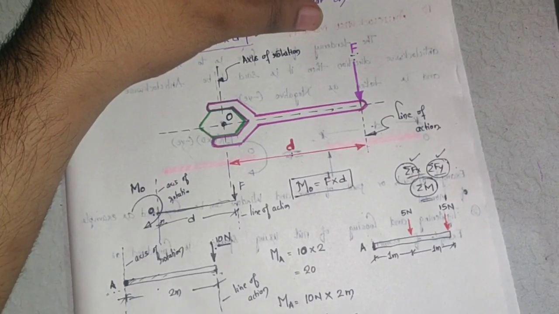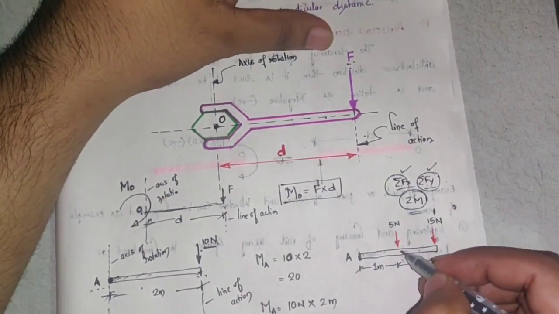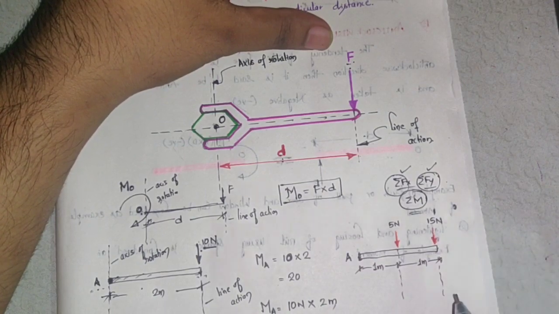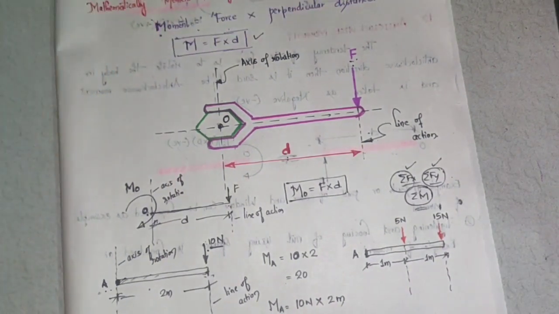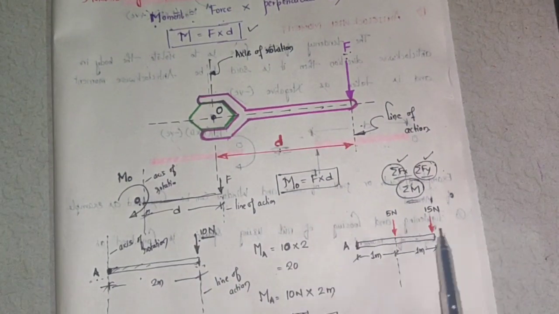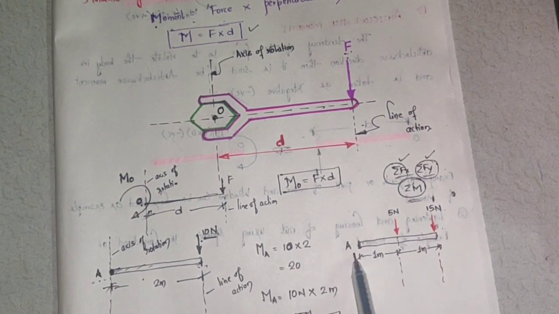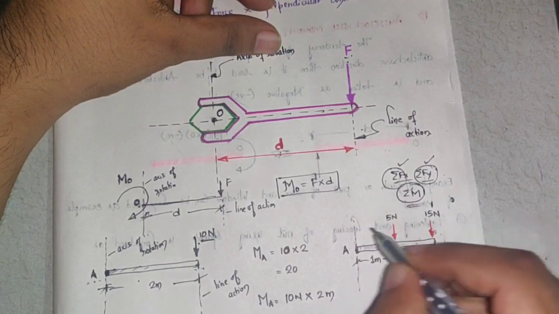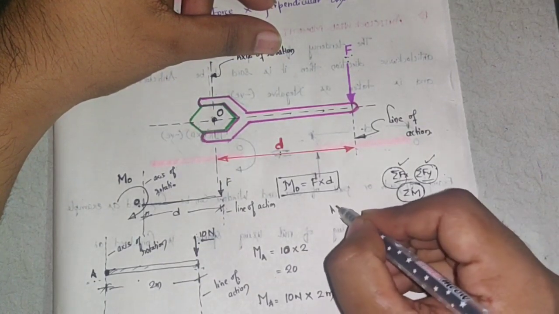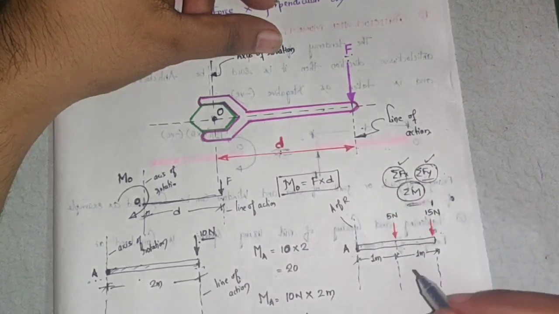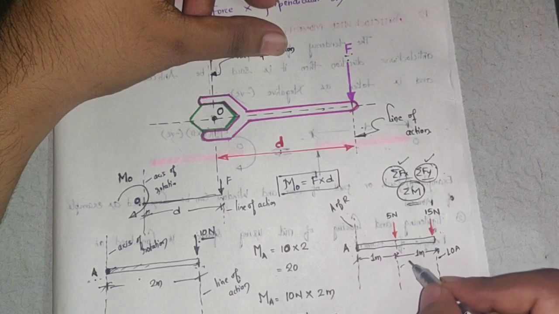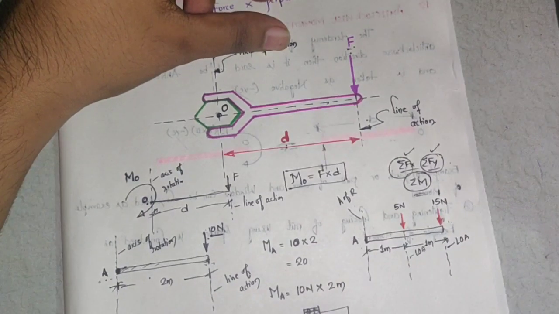Now how many forces? There are two forces, so there will be a line of action for each force. This is one line of action, and this is another. I want to know the rotational effect caused by these two forces on the object at point A. So where will the axis of rotation be? The axis of rotation will be here. I'll call it AOR, and these are the lines of action, LOA.